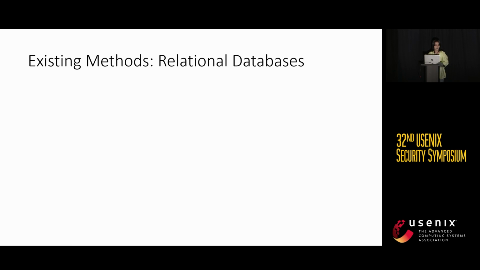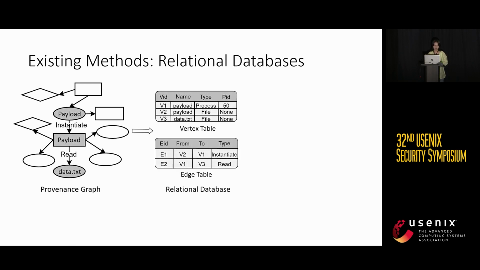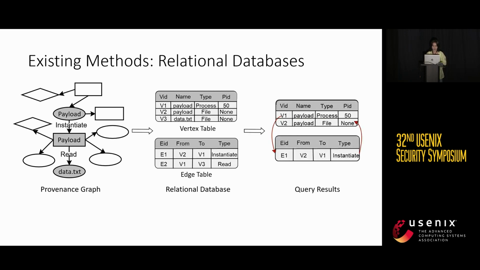To efficiently evaluate, manage, and store the provenance graph, existing work uses databases. For example, the relational databases store the provenance graph as a vertex table and an edge table. The nodes and the edges in this provenance graph are flattened into individual records. And when investigating the attack, the relational databases will iteratively join these two tables and search them to find the